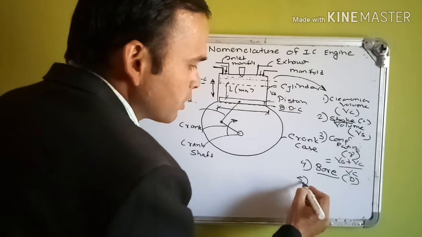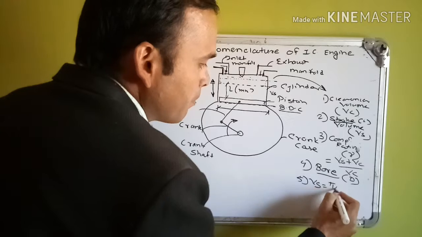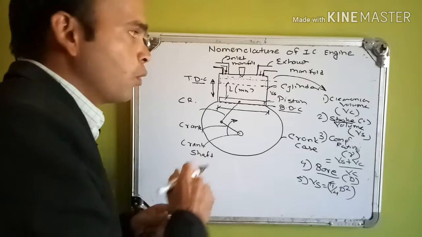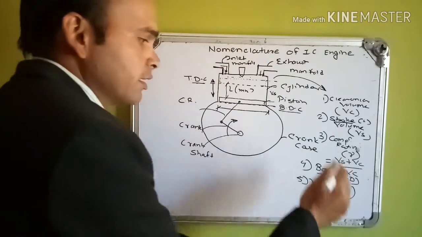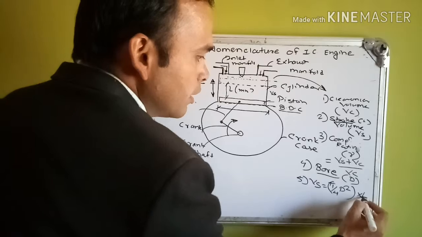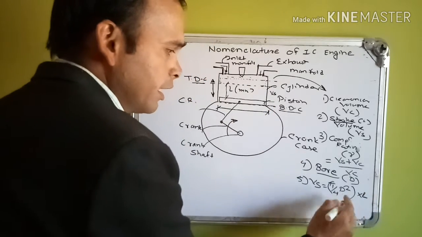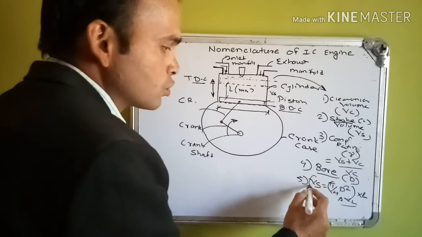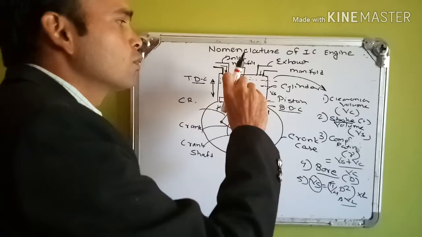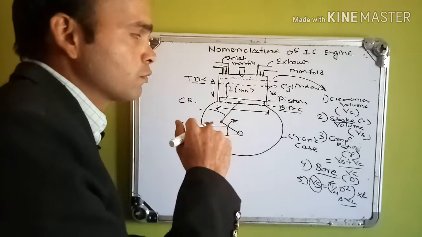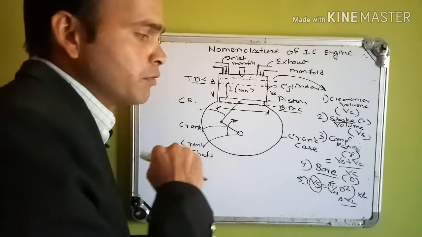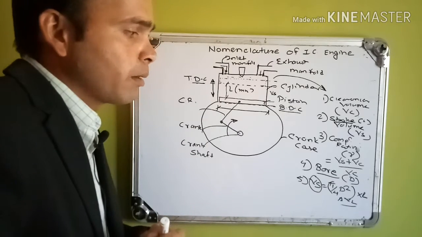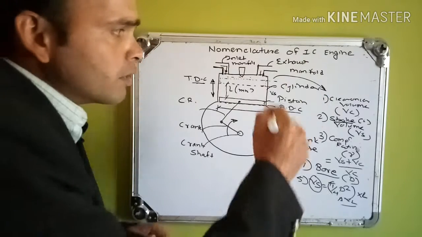Hence, stroke volume can be found out by pi by 4 into D square, that is the area of the bore or area of the cylinder, multiplied by the length of the stroke. This area into length of the stroke is called the stroke volume. So stroke volume is nothing but the volume occupied by the piston during its motion from one center to another center. That can be found out by pi by 4 D square into L, that is, area of the cylinder multiplied by stroke length, right? Then